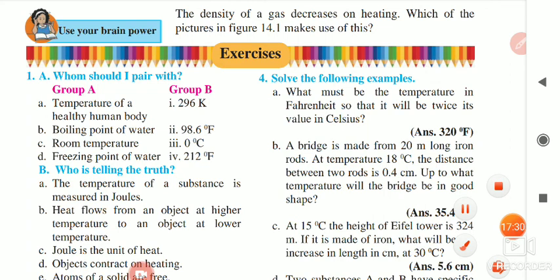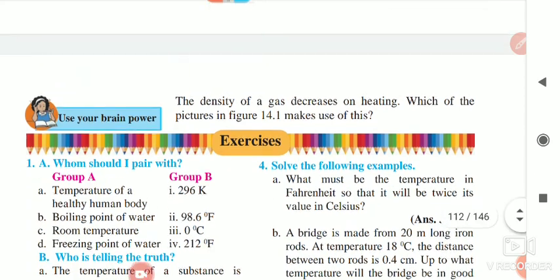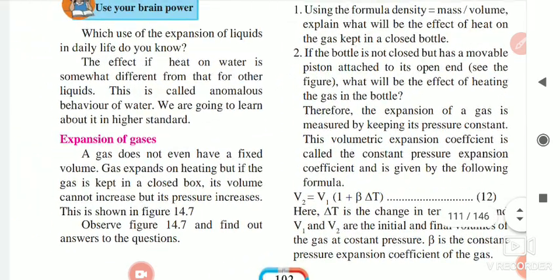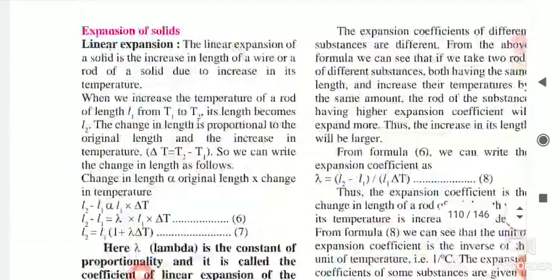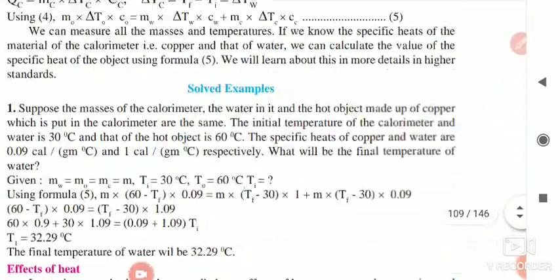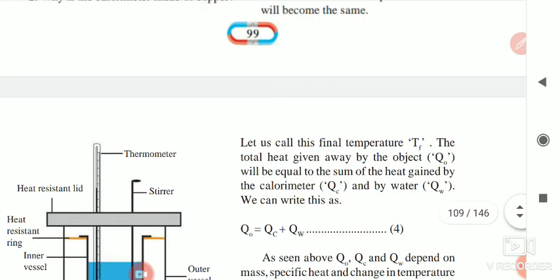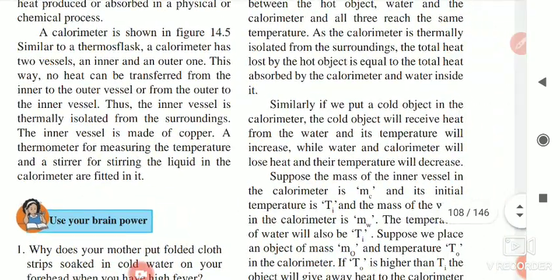Complete the exercise, it is compulsory, because so many students are not sending me their homework. It is important that you complete the homework because it is important for the final written exam and oral exam. Learn the definitions and practice the figures. Okay, today we will stop here only.